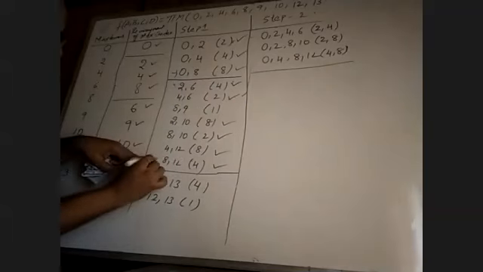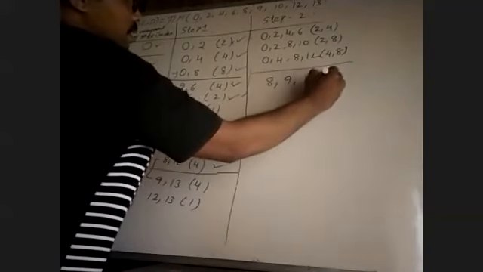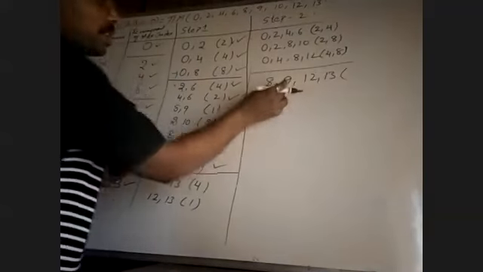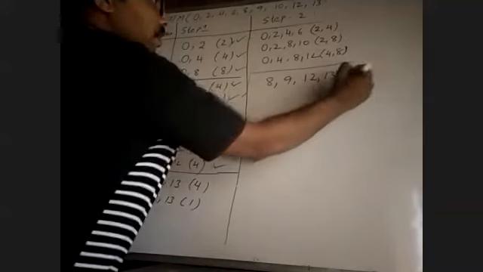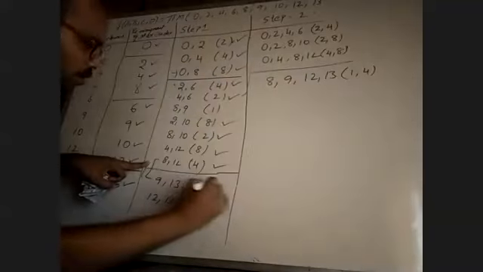We have one more 4 here. We are comparing these two. Look, what happens if we compare with this 4? Identical. 9 minus 8 is 1, 13 minus 12 is 1. This is a valid comparison. We can write 8 9 12 13. The first difference is 1, and 8 minus 12 is 4: 1 comma 4. We have covered this also. This is also covered.